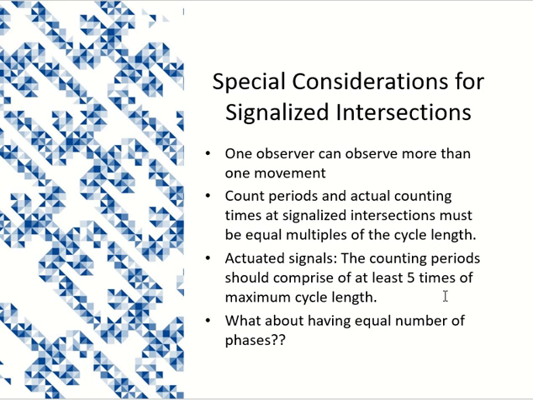So what is the answer to that? The answer to that is the sensor. The signal timing is changing according to the volume because of the sensor. So if you see a direction getting more chances at green, that also means that it has more volume as well. More chances of green are because of the volume in that case. So we don't have to worry about it. We just have to worry about how much counting time should be fixed, and for that we will use the maximum cycle length.